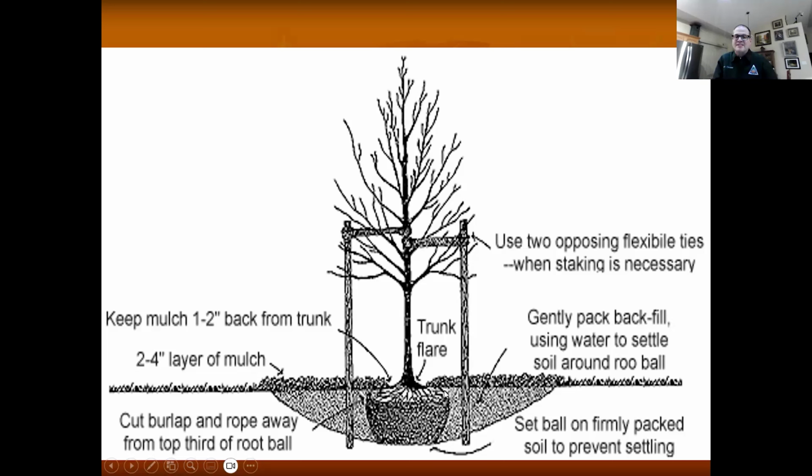So this one, let's say this is a foot from here to here, you want a 3-foot wide hole. If you're in good soil, you can make it like this. It's just less digging. If you're in clay soil, go ahead and square it off and come out.